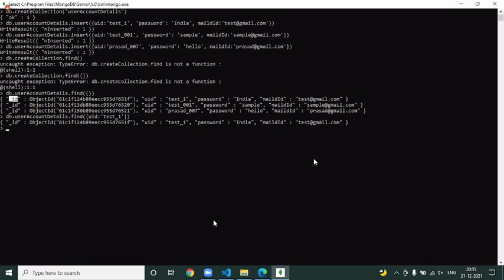Now what if the unique ID is not passed? If you see here, we haven't passed the underscore ID when creating this. But here, it is automatically getting inserted. Automatically underscore ID is getting inserted here. So that happens by default.